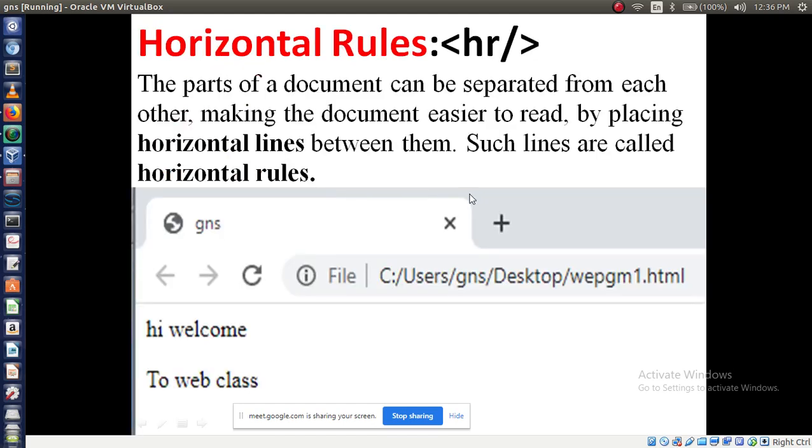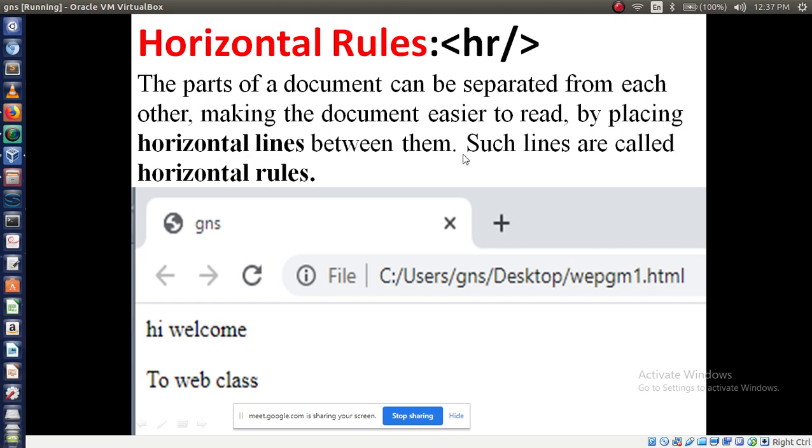So first we'll see the HR tag. HR means it will display a horizontal line. Remember, the HR tag displays a horizontal line so that parts of a document can be separated from each other. Here I have written two lines: hi, welcome to web class. I want to separate these two lines, so I can use the HR tag, making the document easier to read by placing horizontal lines between them.